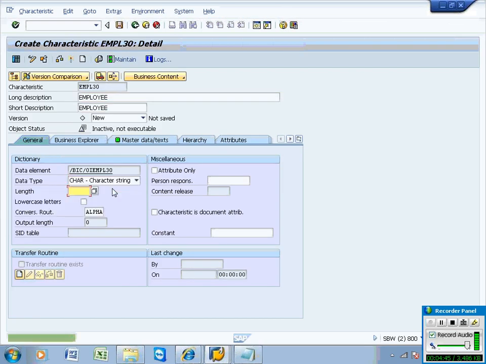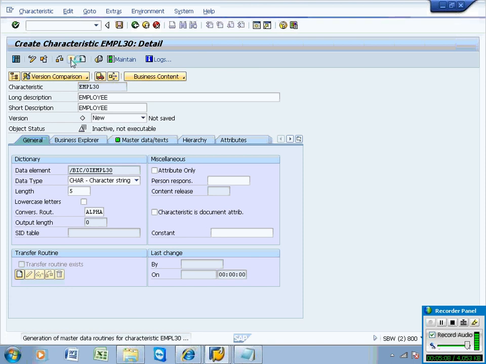And info objects are sometimes reusable. Earlier you created employee 25, right? You can make use of that here also. Okay, and I am activating this one. And this is not a master data variable. The reason is that within this info object you are not loading master data. You are going to use this info object as a field in BW to construct the ODS. That's the reason I didn't mention any attributes here. So finally we are going to use this info object as a field to construct a table within the ODS.